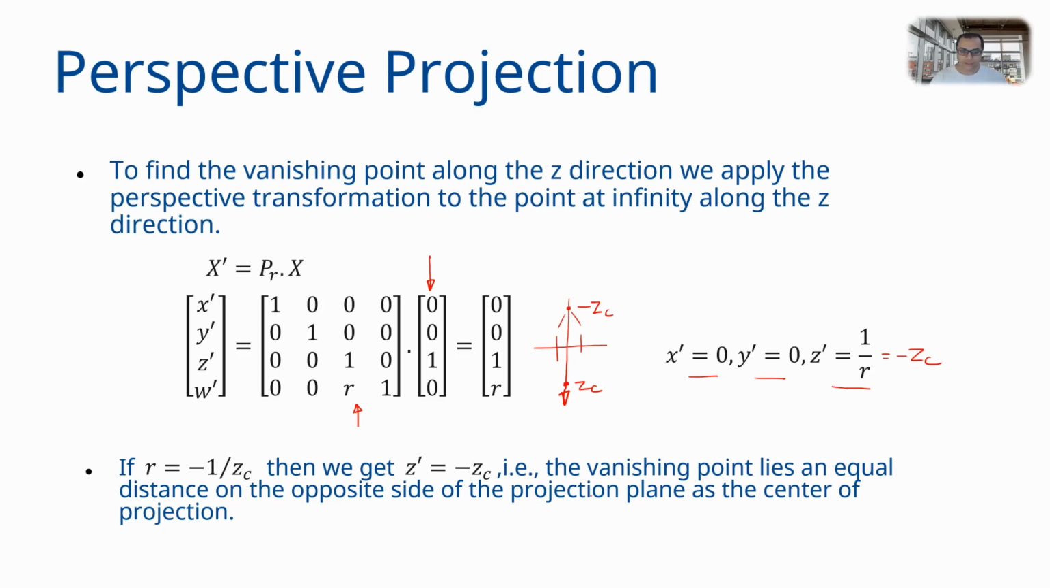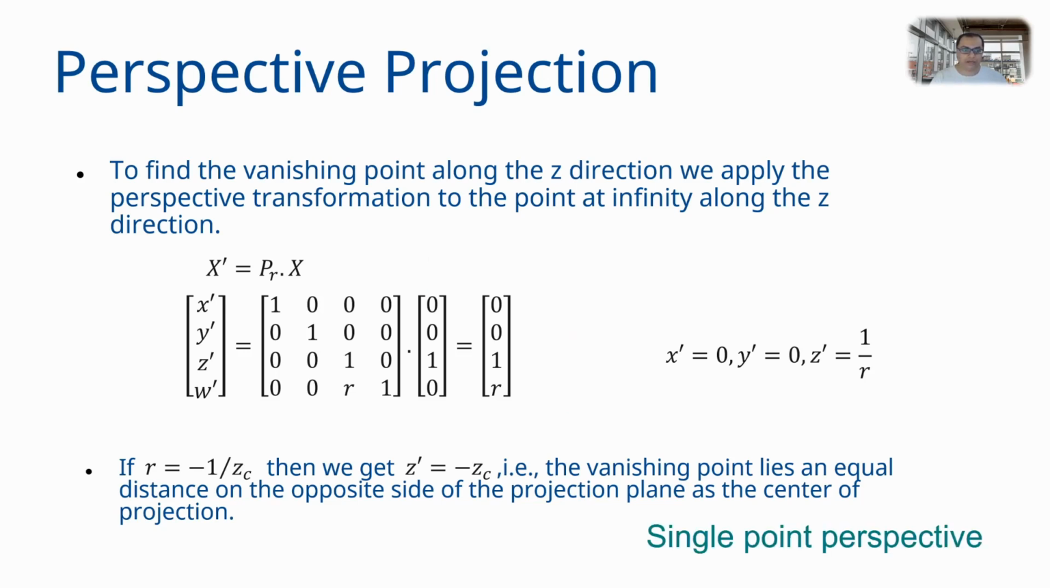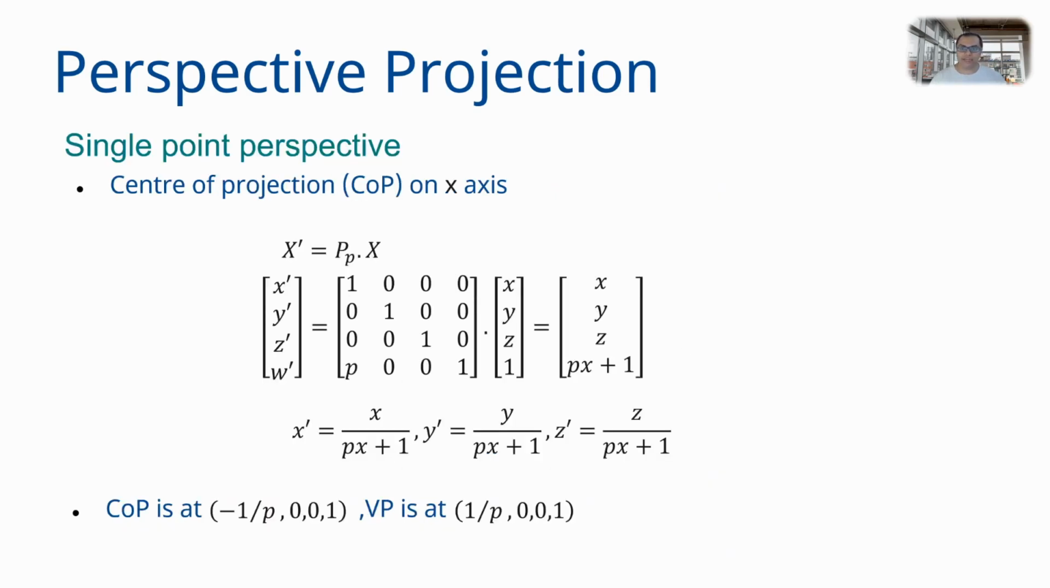So when an image has one axial vanishing point, it is called a single point perspective image. And the perspective transformation is called a single point perspective transformation. Just like you can put your camera center on the z-axis and get the z-axis axial vanishing point, you can similarly have your center of projection or the camera center on the x-axis, and that gives you the corresponding